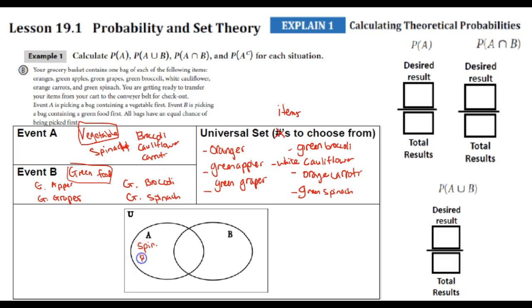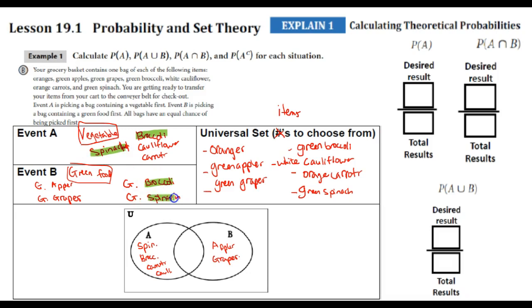That would be broccoli, carrots, or cauliflower. As you can see here for B, that's going to be apples, grapes. Now I noticed that broccoli, as I'm going to highlight for you, appears here and here,